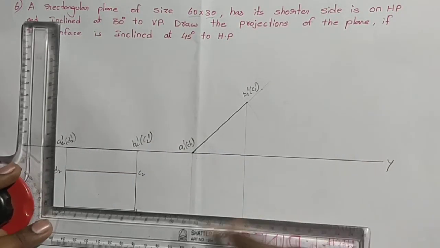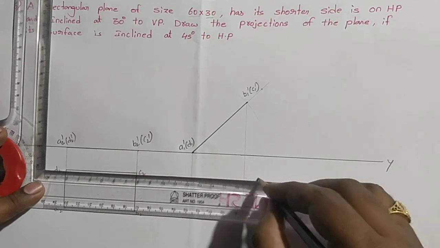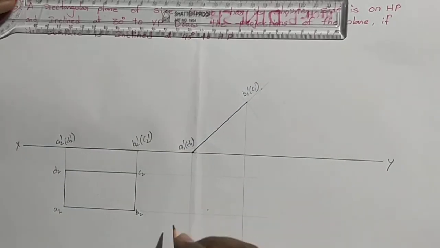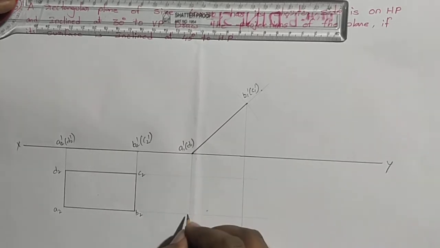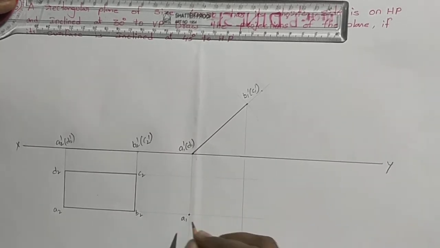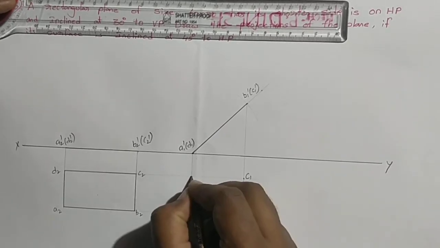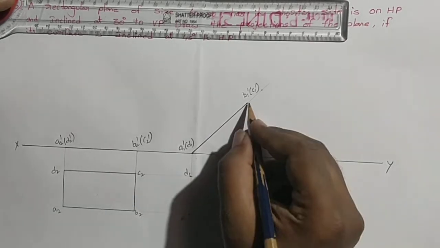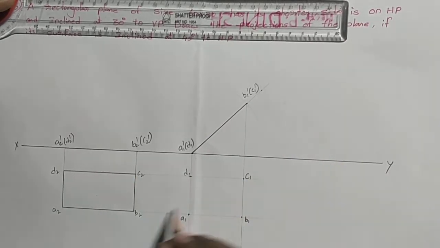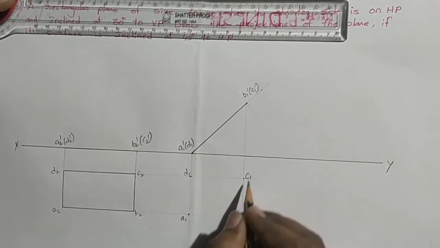Next, we need to draw the horizontal projections from these lines. These two lines coincide at 4 points, that is here A point coincides with the A. This one is A1, B1, C1 and D1. Here D and this line is D, and C and this one is C line, and this one is A line, and A2 is on this line, so that we got all these points.